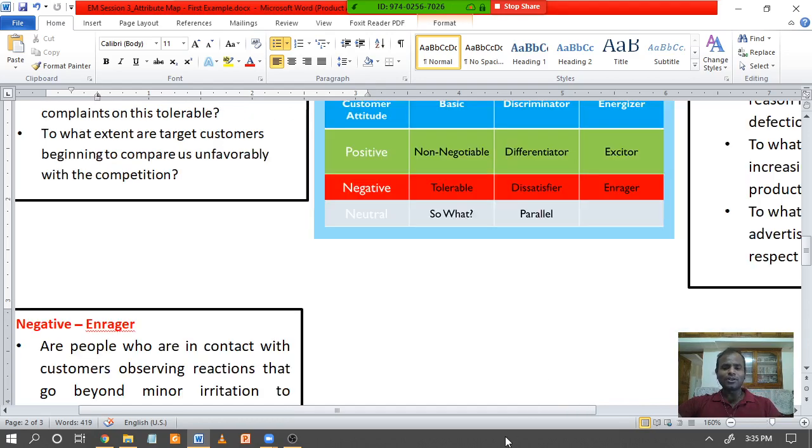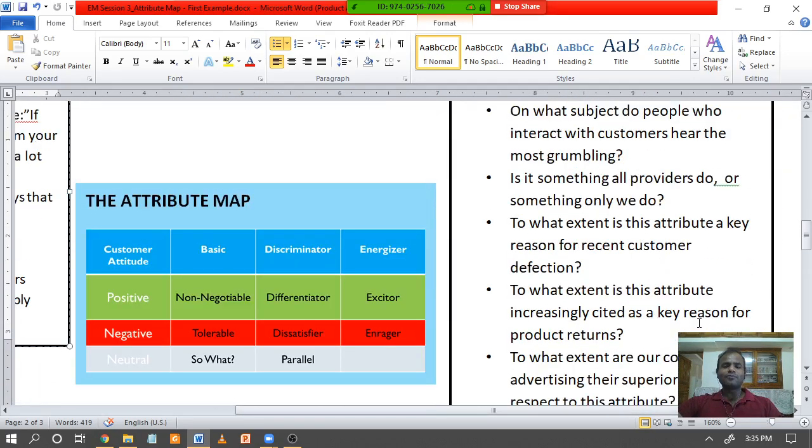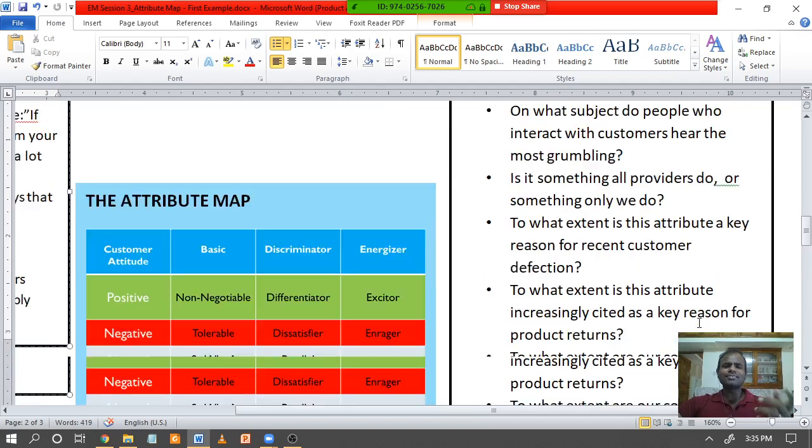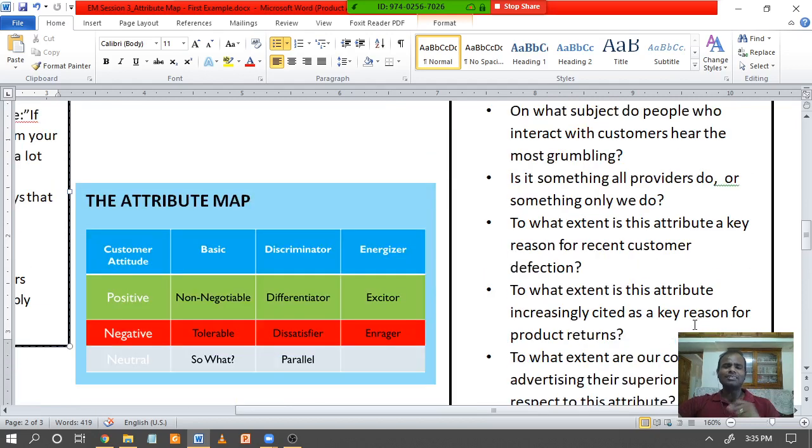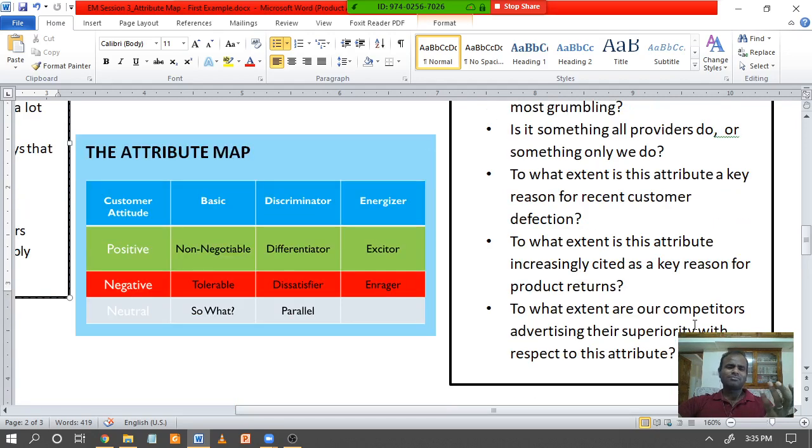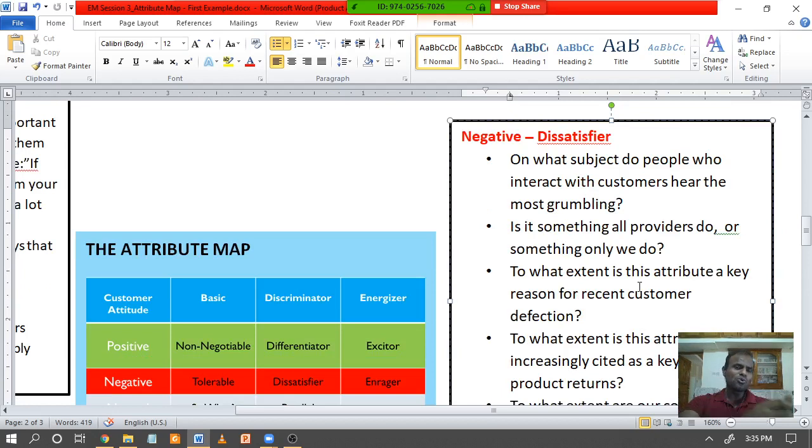Okay, now quickly we'll close in the next 5 minutes. Quickly, when it comes to dissatisfier, are there things that people are grumbling about? Are there things that you do, that maybe other people in your business don't do, that you are increasingly dissatisfied about? Okay, are there things like that which are dissatisfying you as a consumer as well as your parents as a customer? Are there things that you're grumbling about, that you're talking about, but there is no answer, there is no solution being seen?